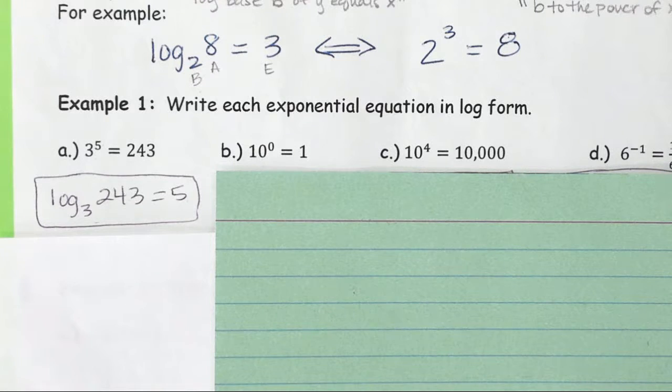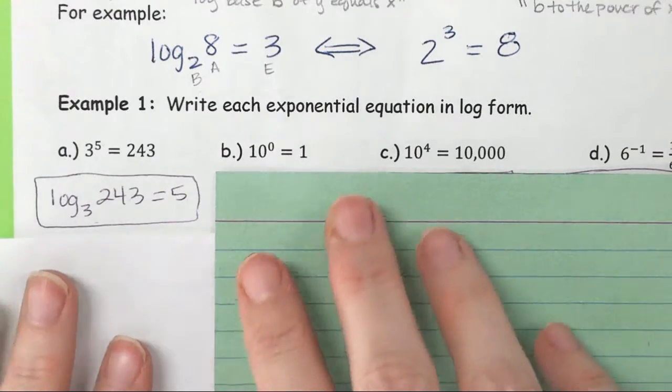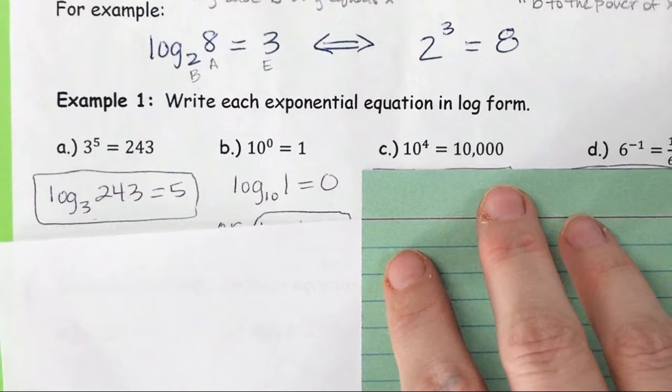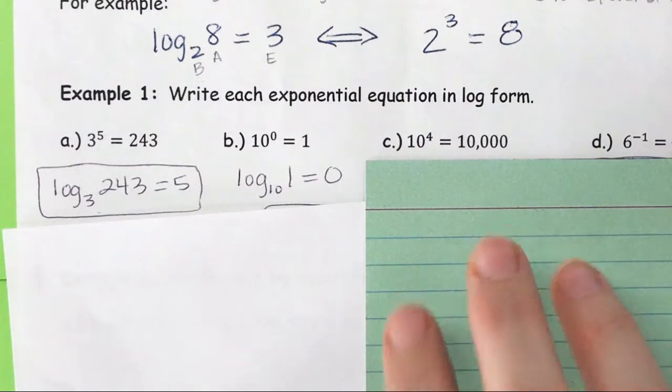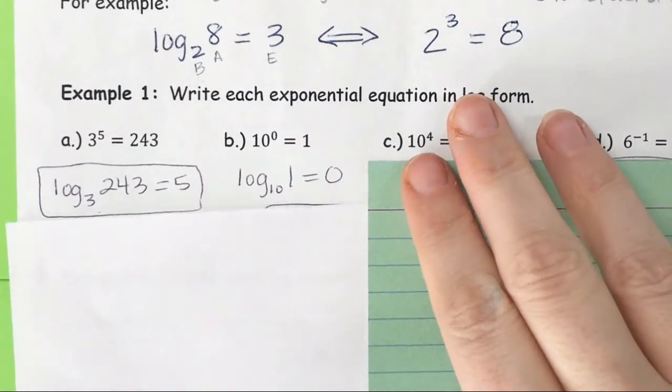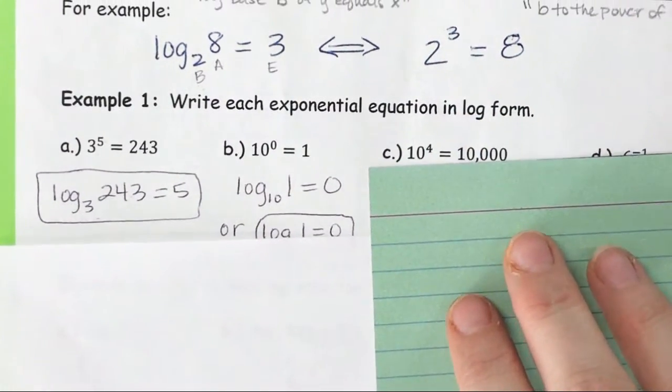Alex, you want to tell me what we got for B? Log base 10 times 1, 0. Okay, so good, except I'm just going to correct you, just something small. So it'll be log base 10 of 1, just not times 1. And yes, now